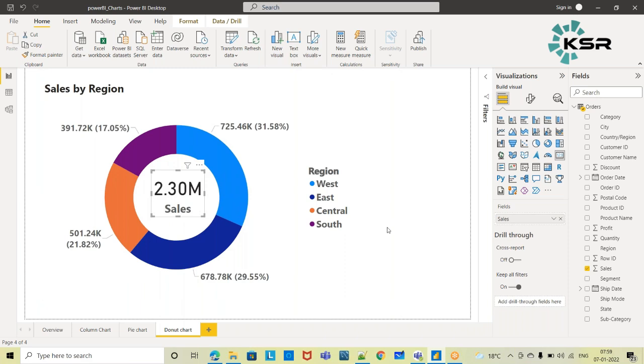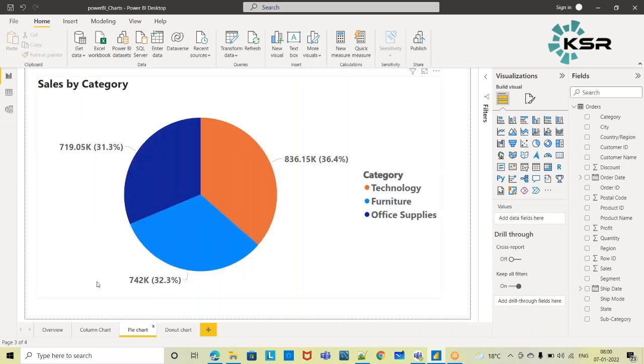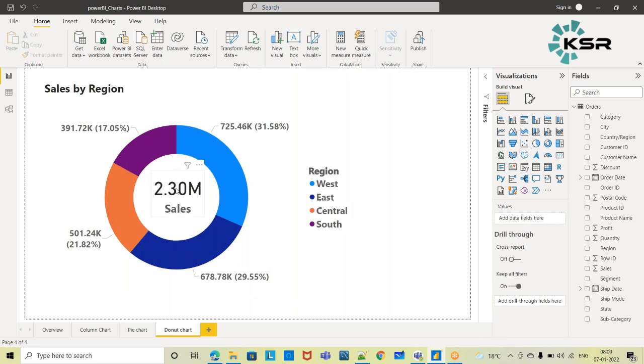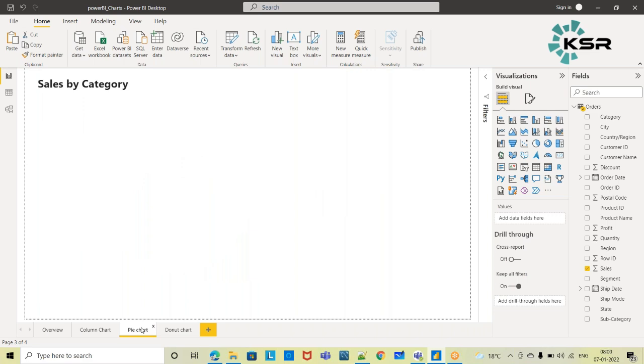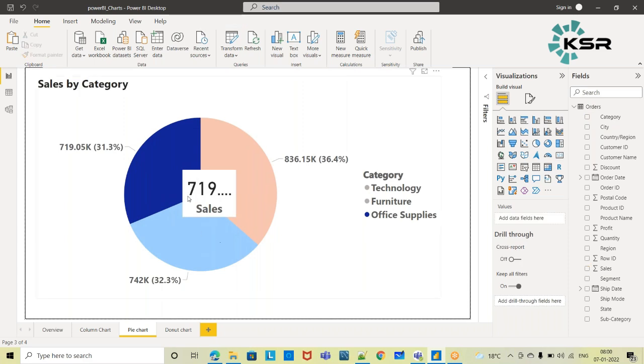So now is this looking better or this is looking better? Here though we cannot add any additional information, right? See, even if we drag and drop this card chart on top of this pie chart also, that look and feel is not that great.